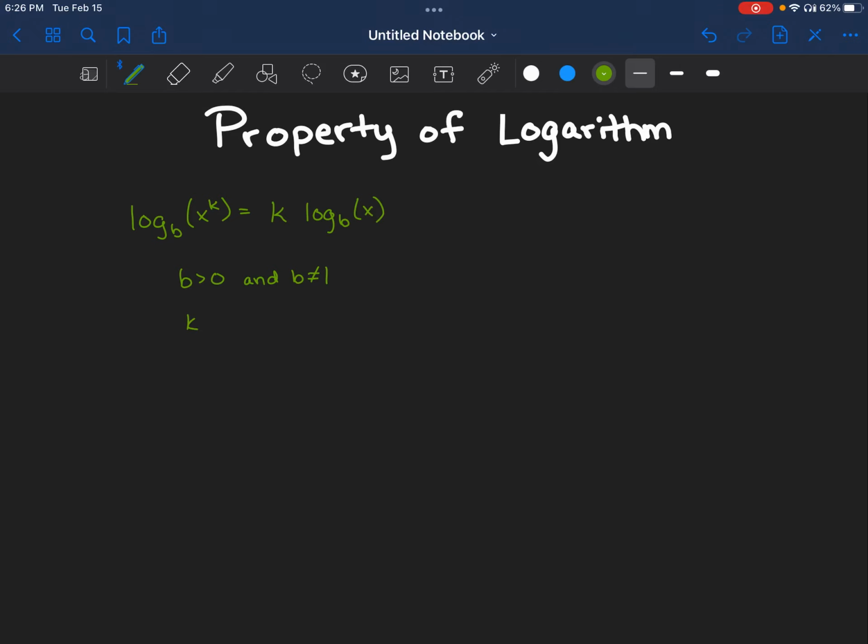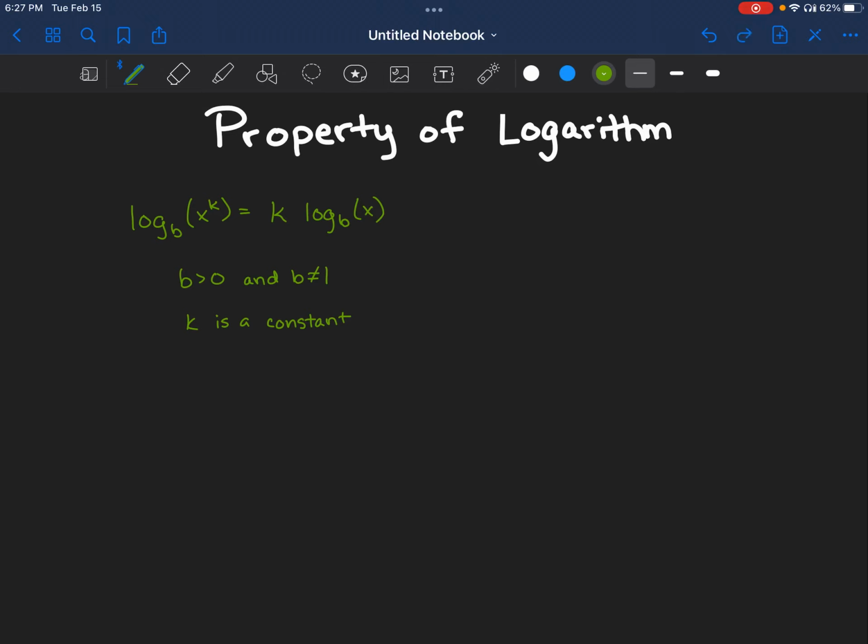Most of the time people will automatically assume k is a constant, but the cool thing is it doesn't matter what k is. It doesn't matter what that exponent is right here. It could be a trig function, it could be something involving x's, it could be quite literally anything, and this property will still work. And that makes this really nice. Even this doesn't have to be just x. It could be a sine of x. It could be any number of different functions, any number of different things in there,